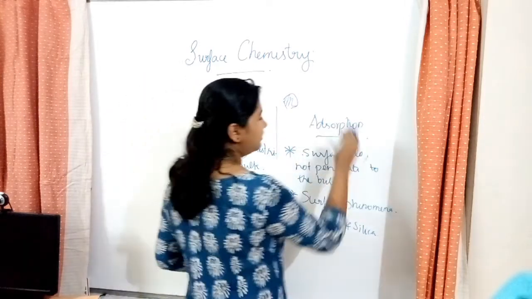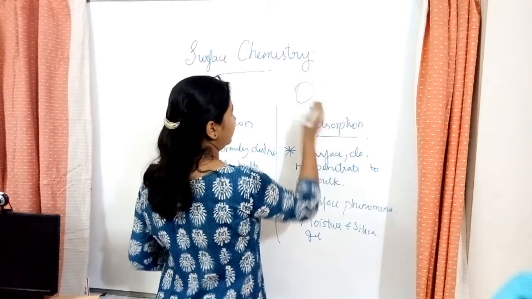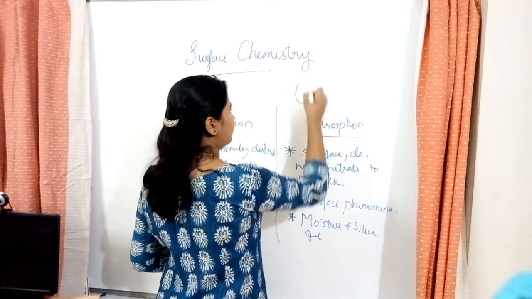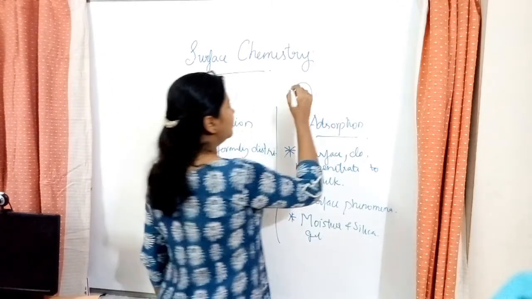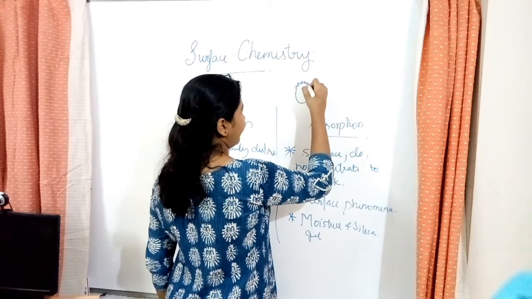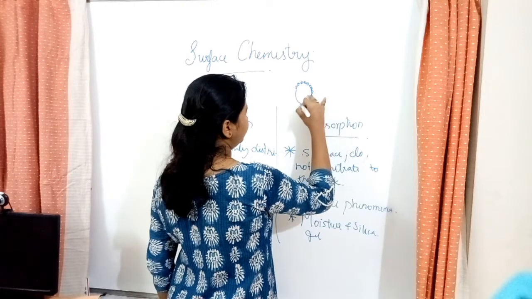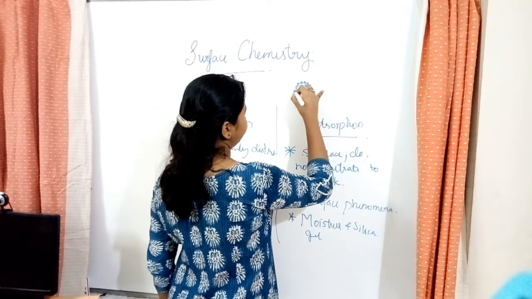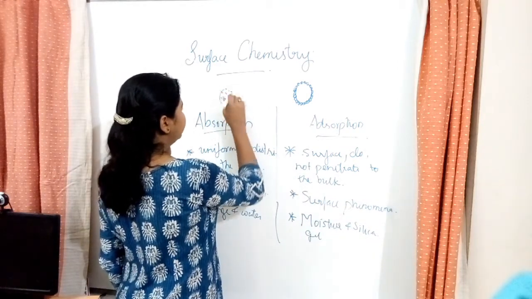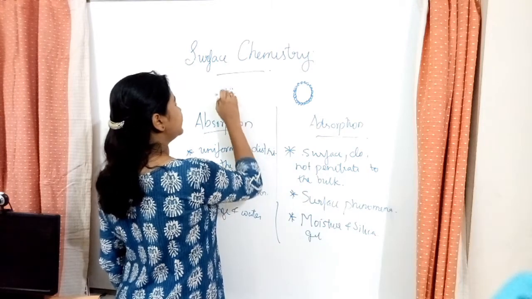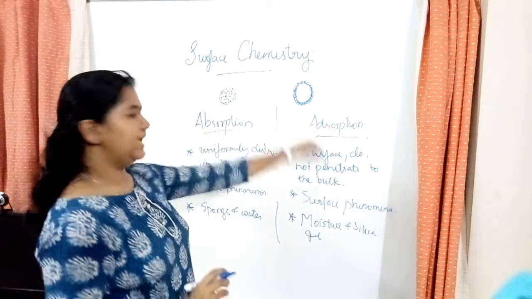Now for adsorption, let's draw the figure. Let's take a surface, for both adsorption and absorption. Over here for adsorption, it's like this. I drew it in a previous diagram also. This is adsorption, whereas absorption is evenly distributed in the bulk. It penetrates into the bulk. Not only on the surface, it's evenly distributed. So this is adsorption and absorption.